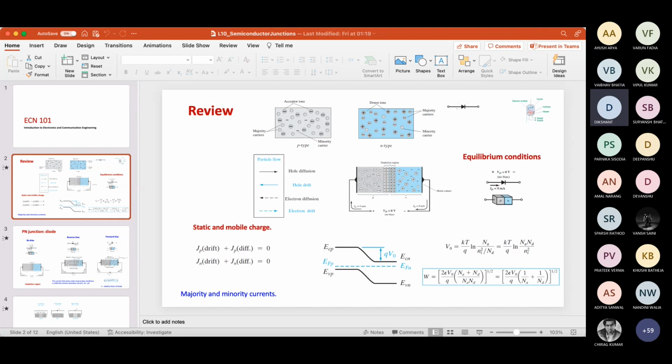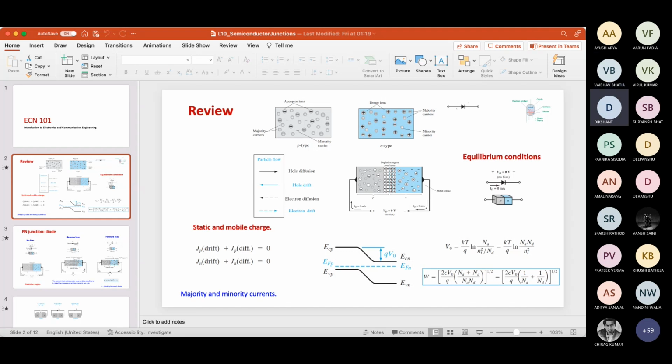Sir, he can type in chat. Yeah, can you please repeat? Dikshant, can you repeat his question? And that way it would. Sir, I also didn't understand his question. I was saying that he can type in the chat what he's asking. Yes, yeah, that would be good.